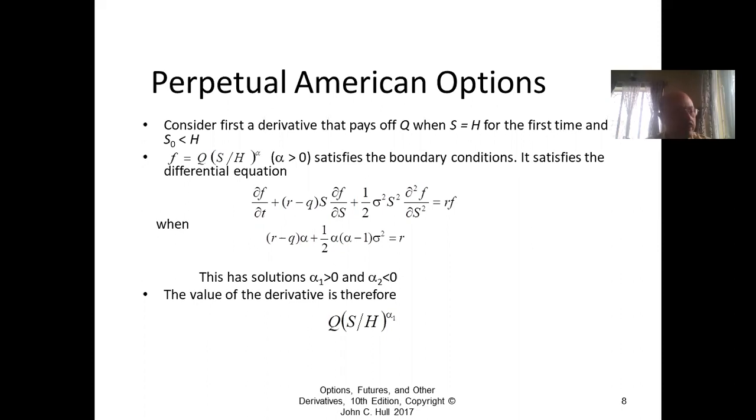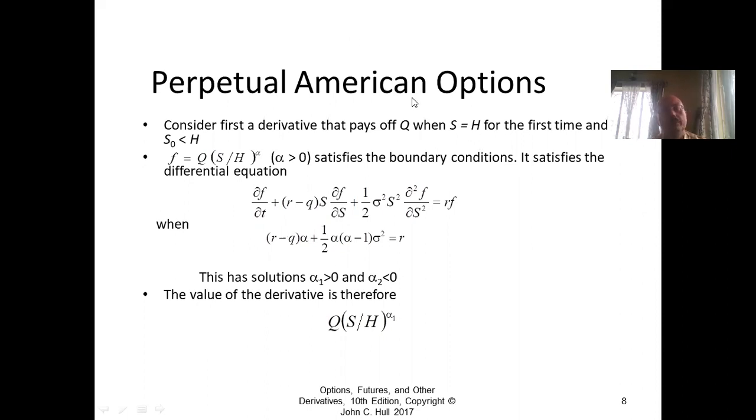So the next item that I want to talk about is perpetual American options. A perpetual American option is one which does not have a fixed expiry date. So it is like a first passage time. Remember that I asked you to read up on first passage time and the maximum distributions. Those will be required when we are going to price options like this.